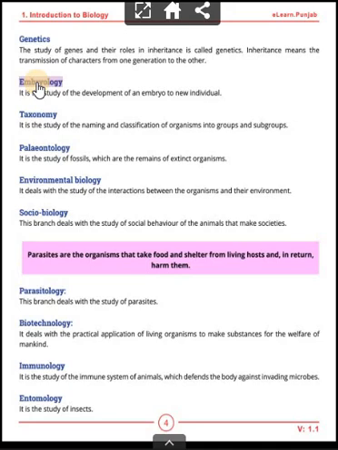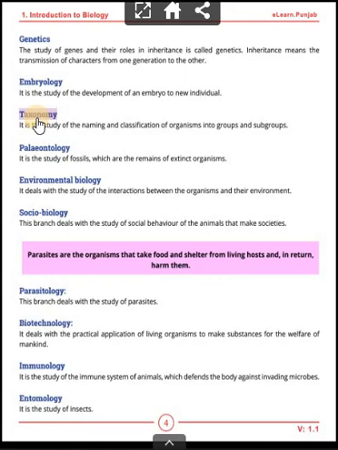This whole process can be studied in a branch called embryology. The next branch of biology is taxonomy. Taxonomy is derived from the word taxa. Taxa means the naming of the organisms. So the naming and